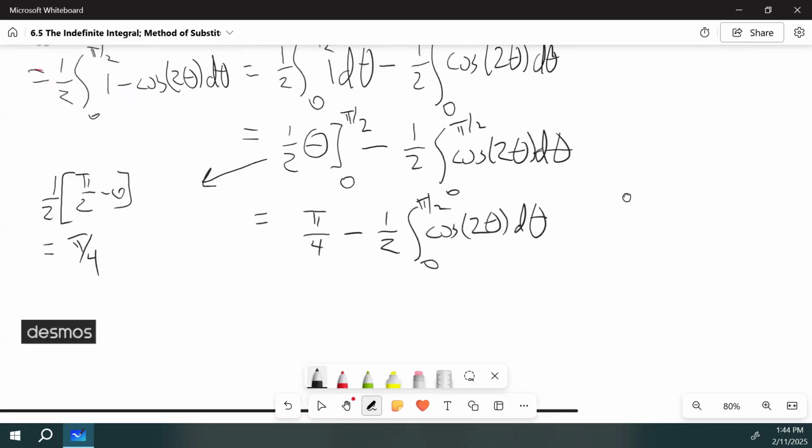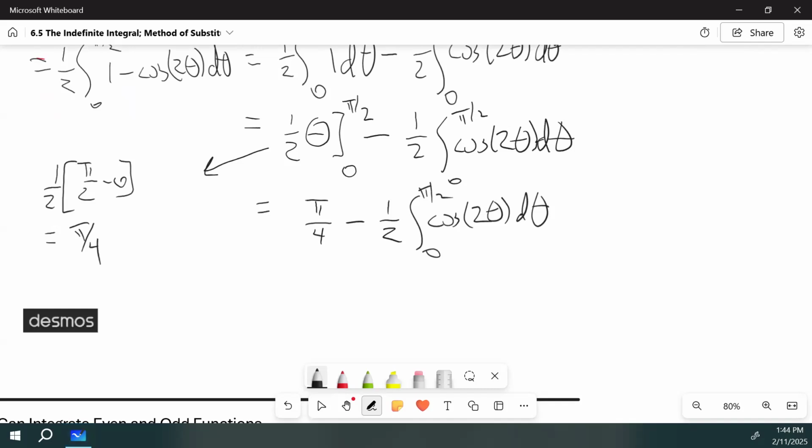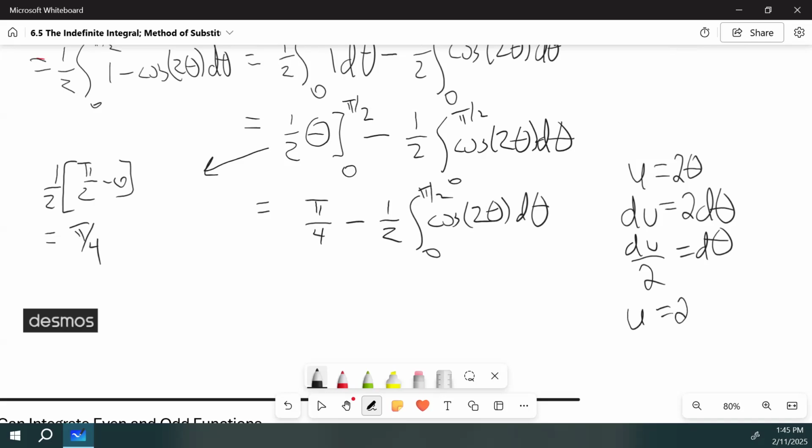All right. Now we're going to keep going with this one. So we're going to use the substitution u equals 2 theta. du is equal to 2 d theta, so du over 2 equals d theta. Also, when theta equals 0, u equals 2 times 0, which is 0. And when theta is pi over 2, the upper limit, we'd have 2 times pi over 2, so this is pi. Now, our integral problem becomes pi over 4 minus